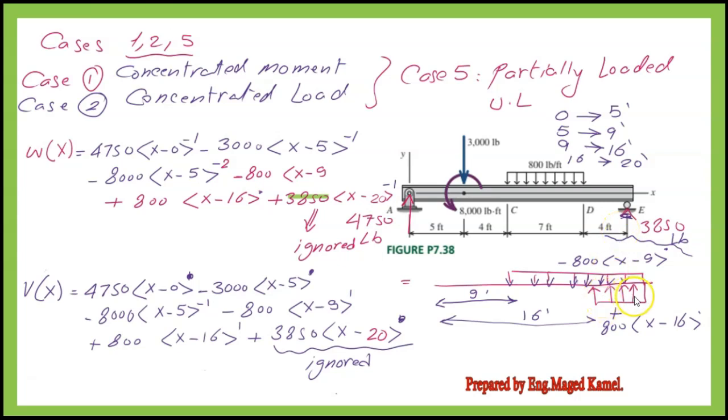If we deduct the upward load with the downward load for the same span of 4 feet, we will come back to the original uniformly loaded, localized for 7 feet. For the extended load, we write minus 800 multiplied by x minus 9 raised to the power of 0 plus 800